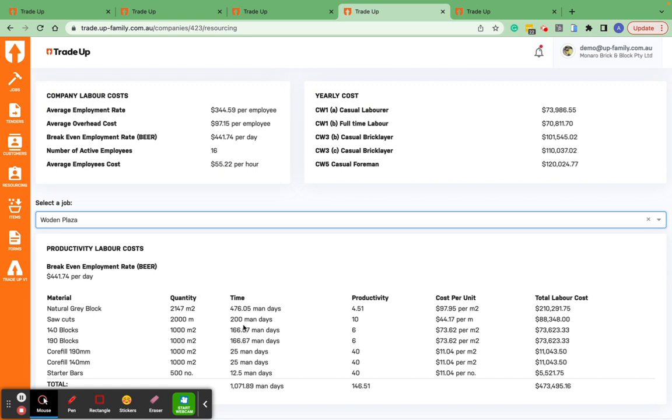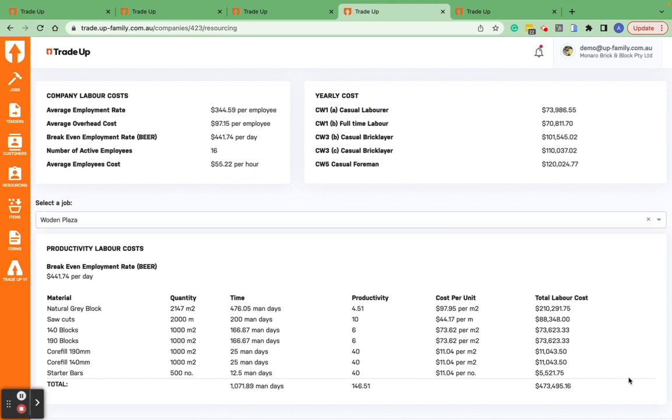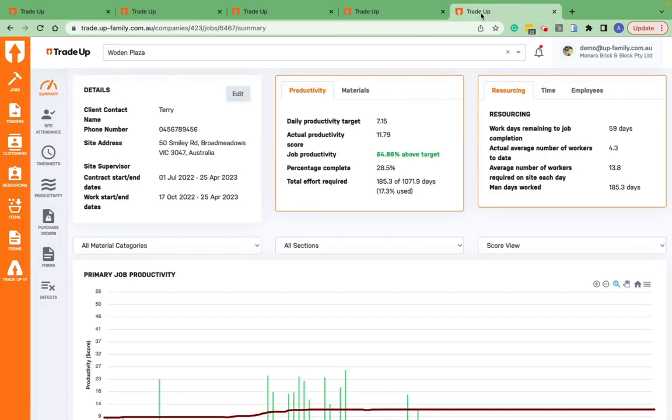And now that tells us how many man days is it going to take us to install each of those materials, a cost per unit for labor for each of them, and then a total labor cost for that whole job. And you can see this one's more up around the $500,000 mark, $473,000 for labor. And so when we're tracking that job, or giving the foreman the opportunity to track this job here,